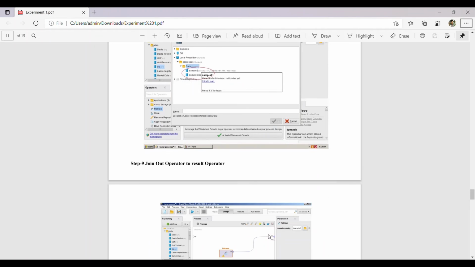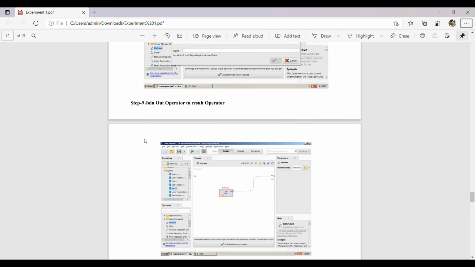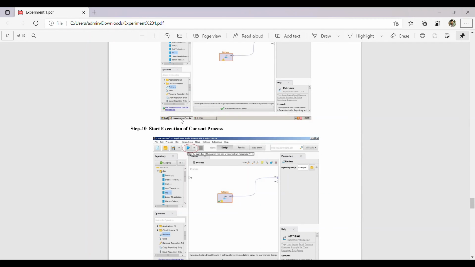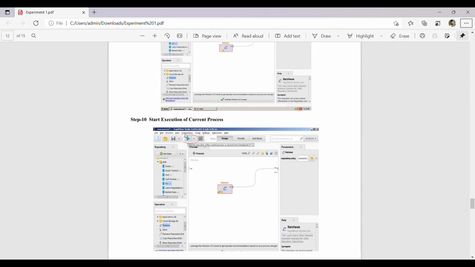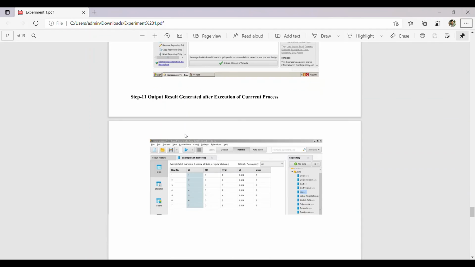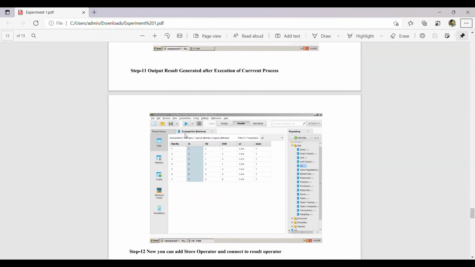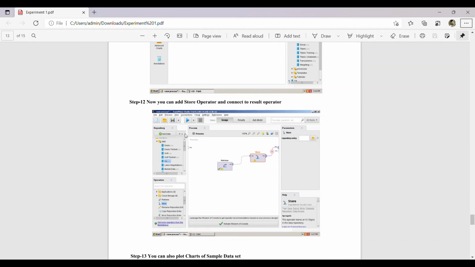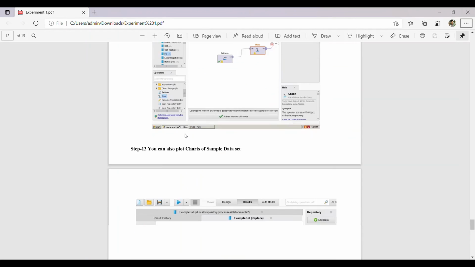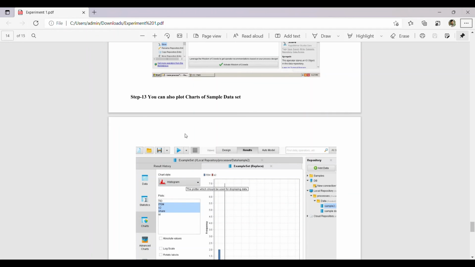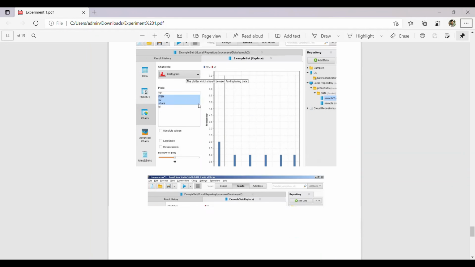Step 9, join the output port of the operator to the result port. Step 10, start the execution of the current process. Step 11, view the result generated after execution of the current process. Step 12, now you can add a store operator and connect it to the result port.